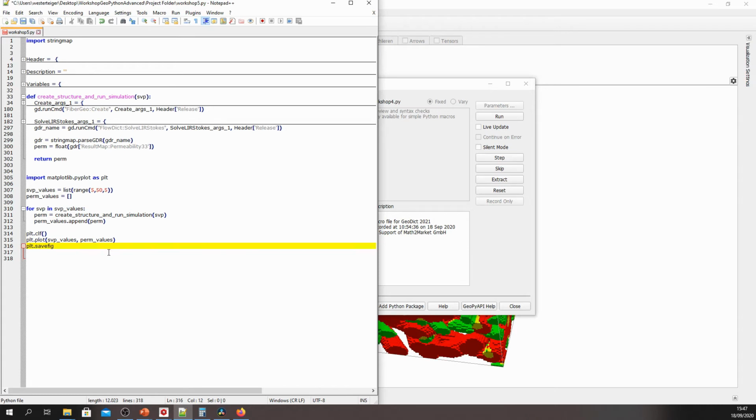So we write plt.savefig, brackets and now a string permeabilities.png. So what this does, it computes the permeability values, plots the permeabilities against the solid volume percentage, and saves that plot as permeabilities.png. Now please save the file workshop5.py by pressing Ctrl S